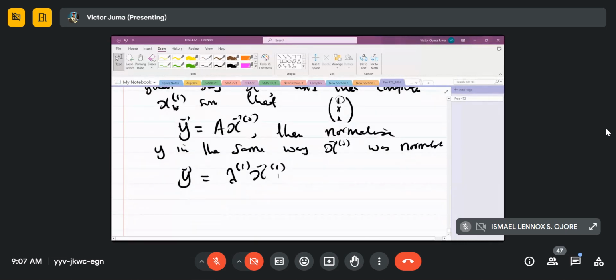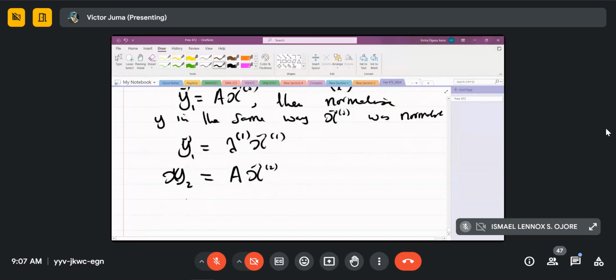And if you arrive at an eigenvalue, then these two things will be the same. Continuing this way, let me say this is y1. Then I can also say that y2 is the same as A x1, and then you also normalize this, so that y2 is lambda 2 times x2. So you keep on generating this sequence of vectors and you normalize